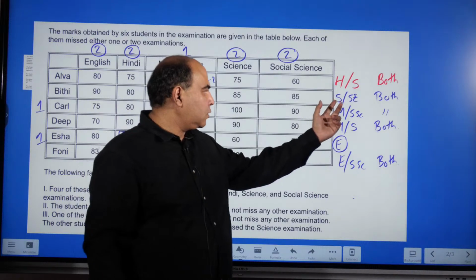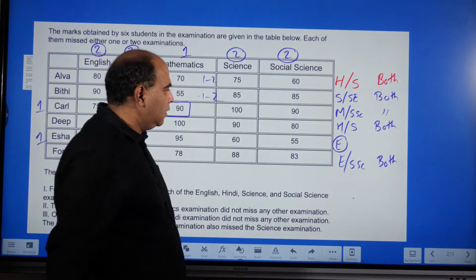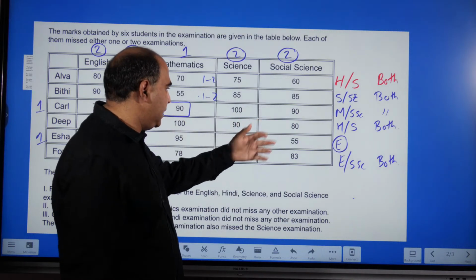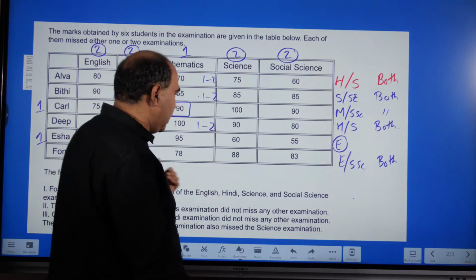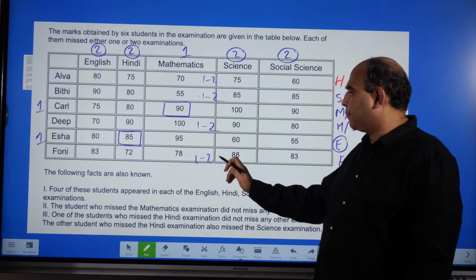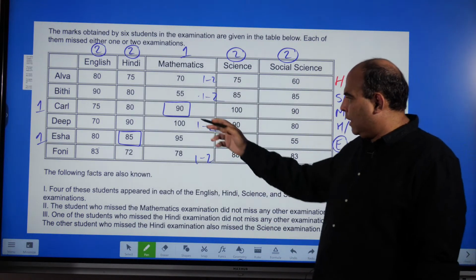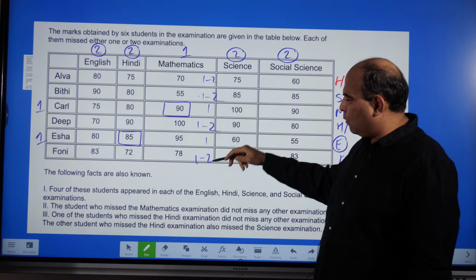Same with Bithi, science or social science or both. This is also 1 or 2. Same with Deep, Hindi, science or both, 1 or 2. And same with Phony, English, social science or both, 1 or 2. So 1 plus 1 and 1 or 2, 1 or 2, 1 or 2, 1 or 2, the total has